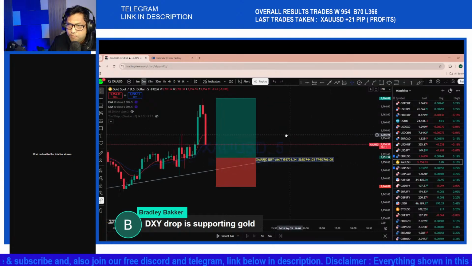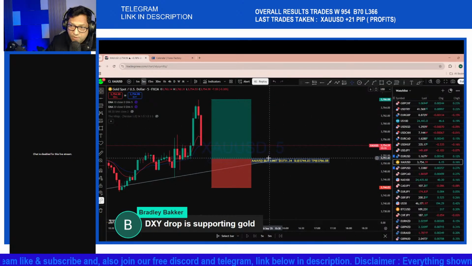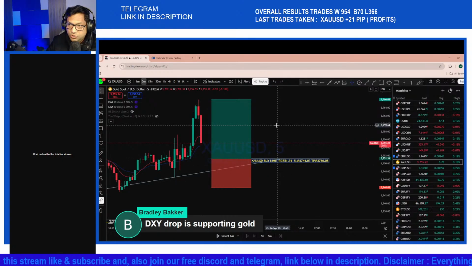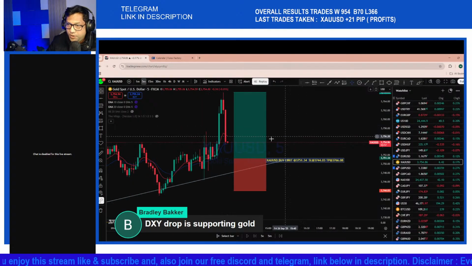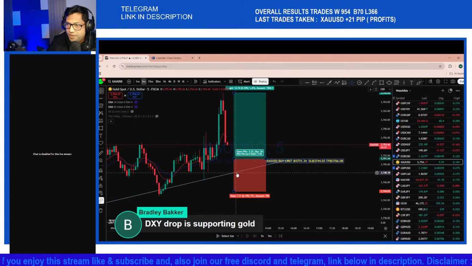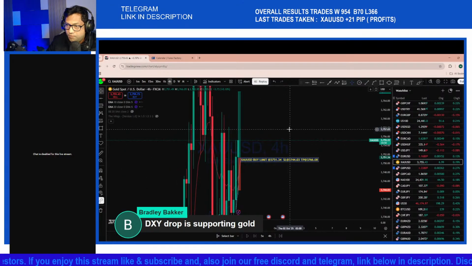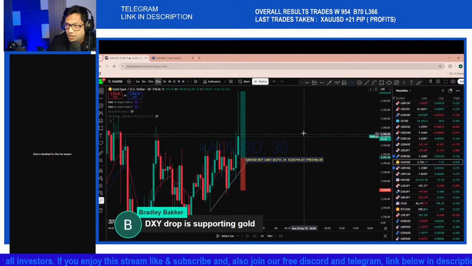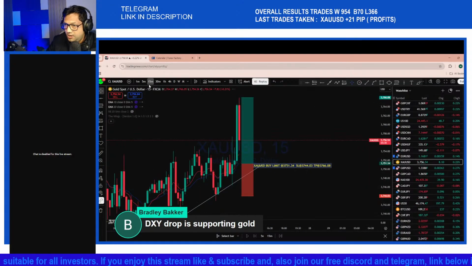We have a possibility to get a trigger here, expecting it to come back to test this support and to get a trigger. As you can see, the market has had a significant drop here, and unless the market drops back below, we will not get the trigger. Here you can see this is the 4-hour price action. We're expecting the market to drop down and then to get a trigger here. This is a significant break below in this market,